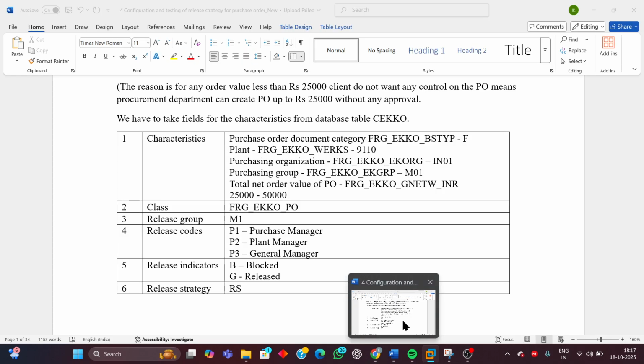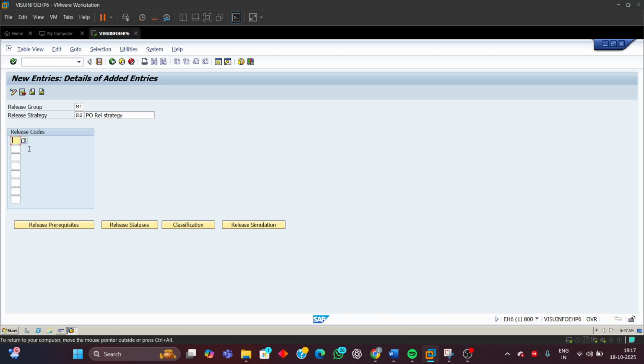Okay, so I am going to add these release codes P1, P2, P3. Just press enter. The system will update the description of the release, that is the release group, as well as the release codes. So here, after we input the release codes, the next step is, here, we can see some